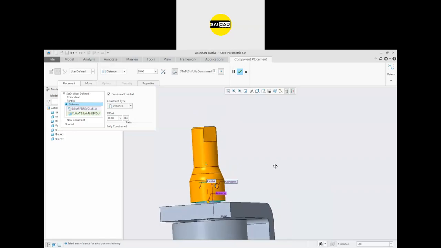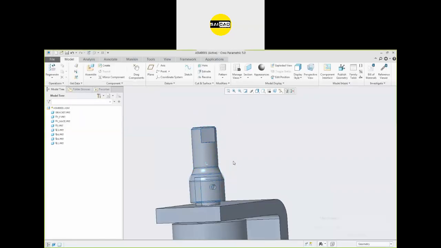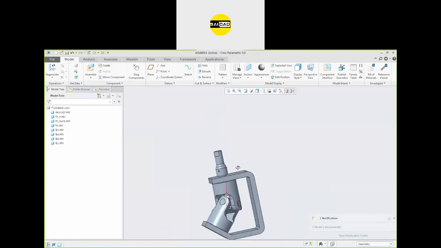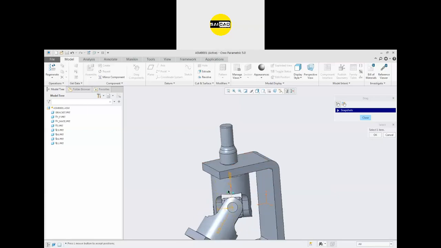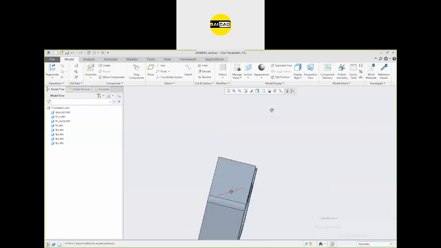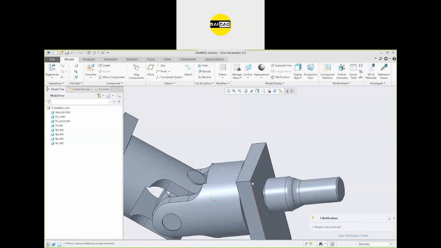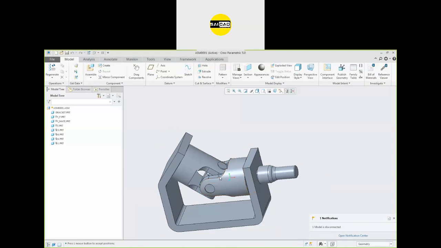Okay, like that you can select, click, and you can see the object is applied, and if you rotate the object, the motion is there. So after applying some relation, always check whether the object is in motion or not. Okay, so that you can build a fully defined assembly that works properly.